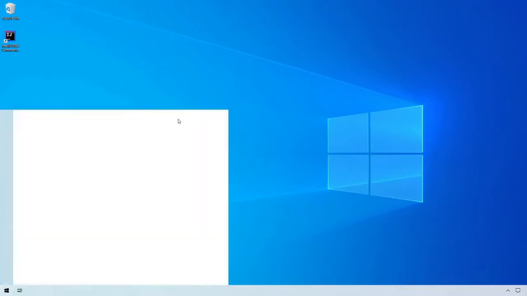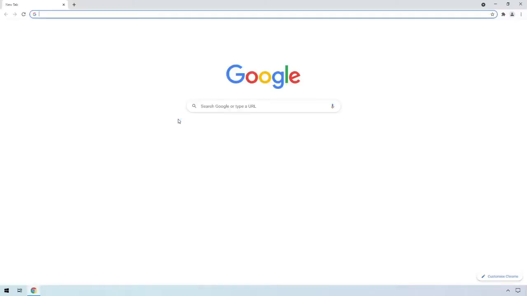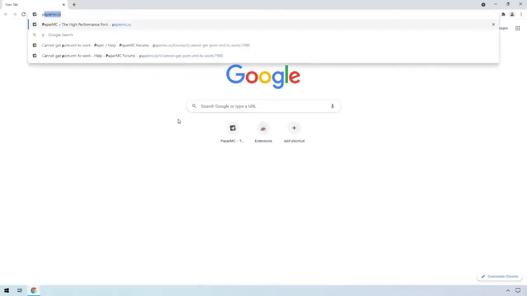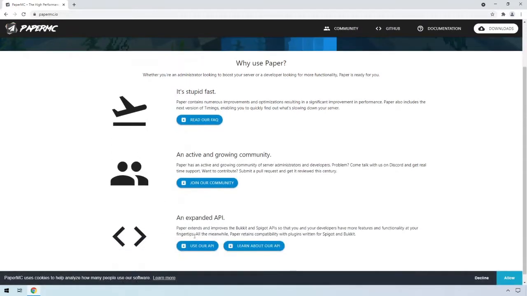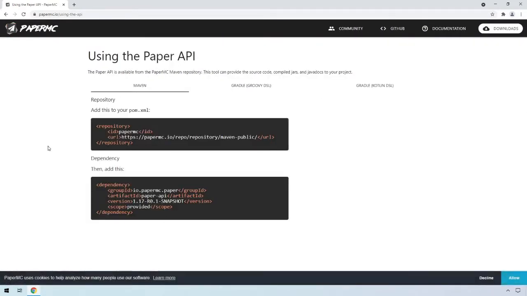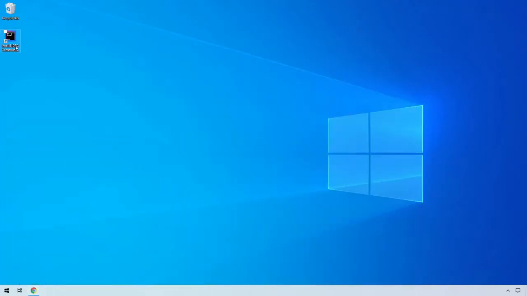We can go and look at the Papermc docs, papermc.io, and we want to use our API. So if we just minimize this, open IntelliJ,